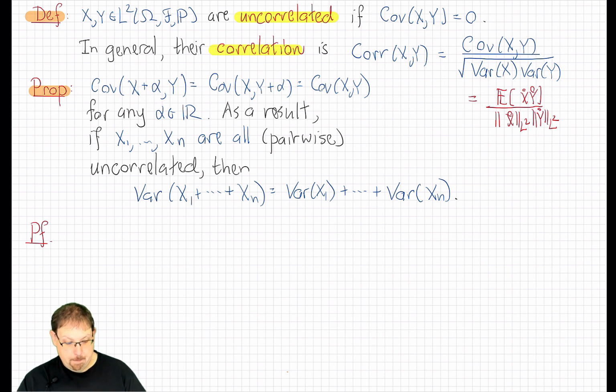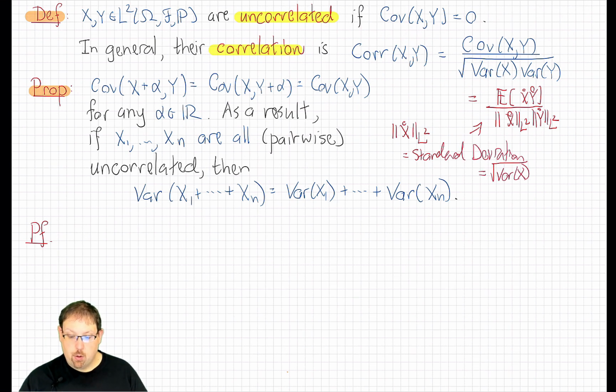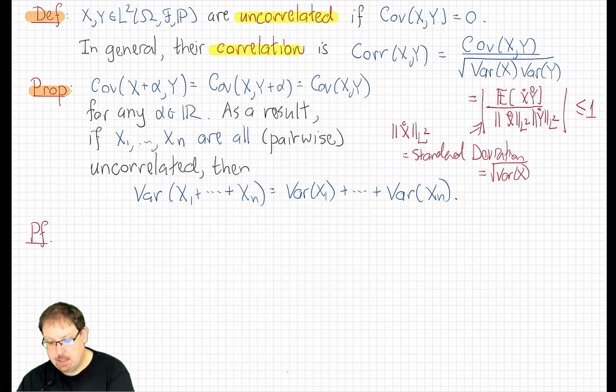And by the way, that L2 norm, the square root of the variance, also has a name. It is called standard deviation. Now, one reason to write correlation instead of covariance is that by the Cauchy-Schwarz inequality, the correlation's absolute value is less than or equal to 1. So this gives some kind of measure of how related the two random variables are on a scale from -1